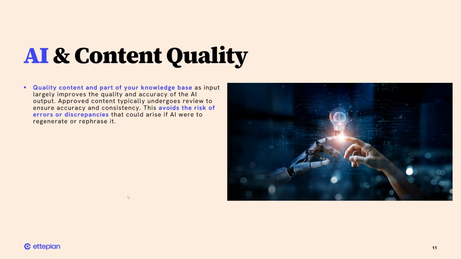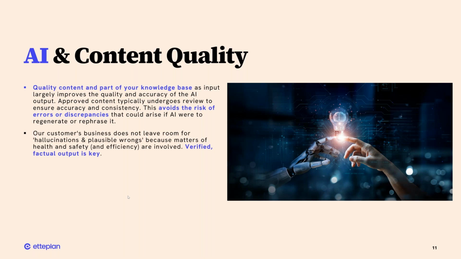garbage in is garbage out. So in other words, in order to really facilitate AI technology, you need to ensure that quality content goes in in the first place. And in order to do that, you need verified factual output, right? So it's that verification specifically in the beginning, as you are teaching